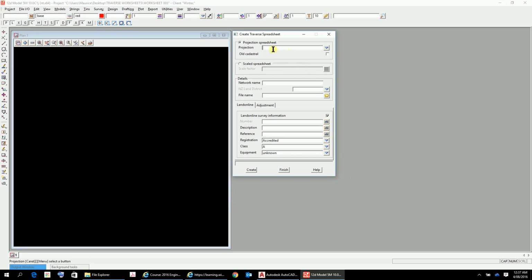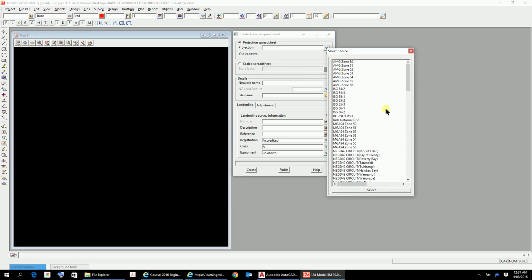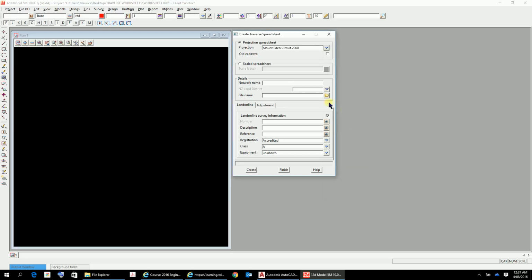The projection, I will use the projection here. Typically around here I will use the Mount Eden 2000 circuit. The network, so I give it a network name. I'll just call it worksheet. So these are just admin 003. The New Zealand Land District here is South Auckland for that one, and the file name, I'll just call that